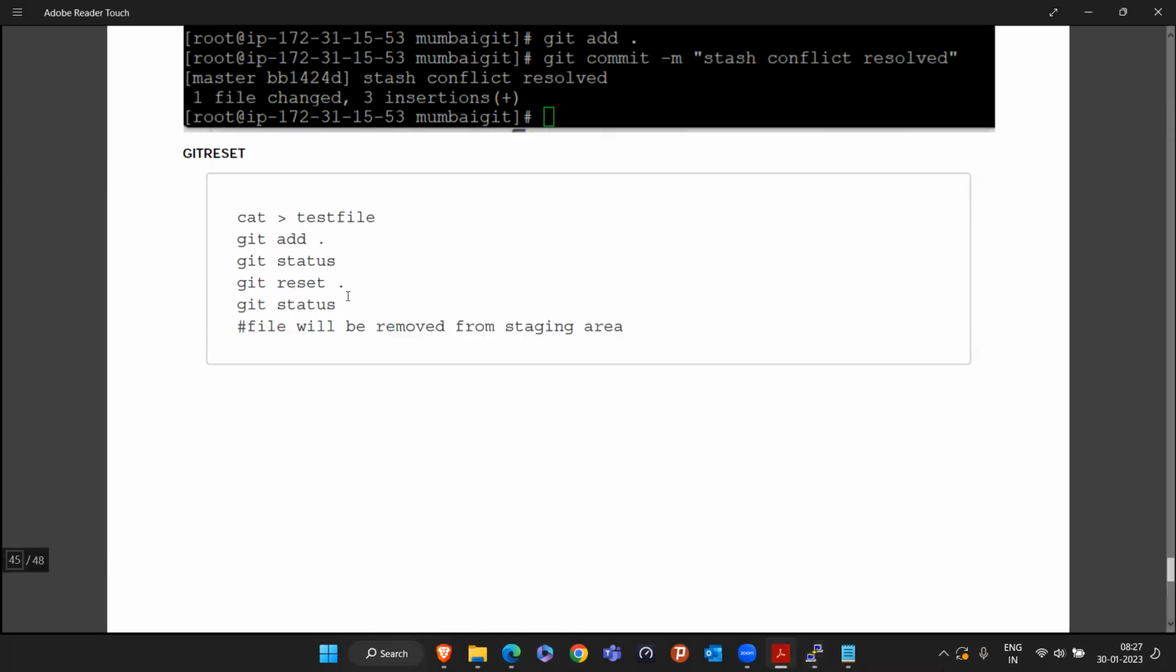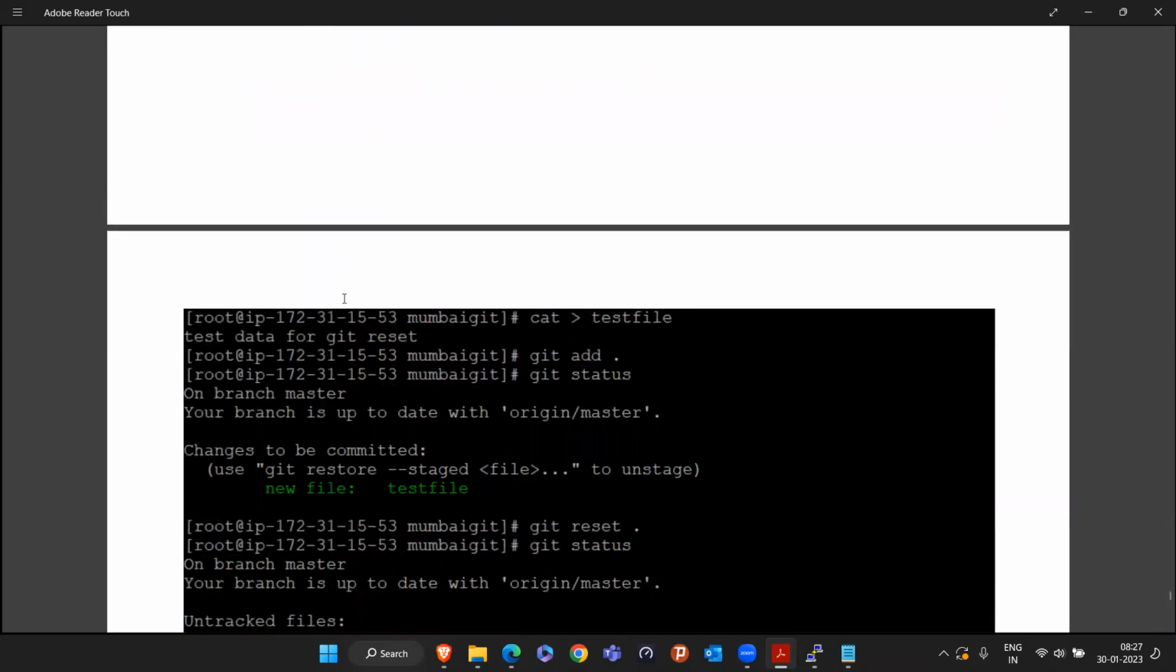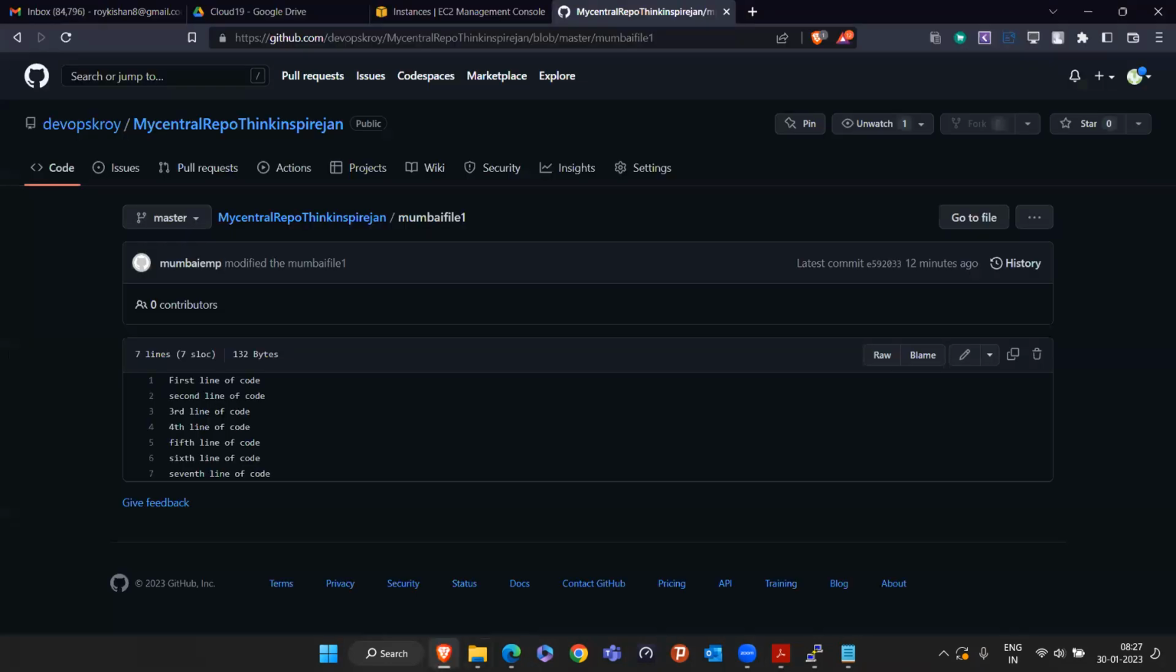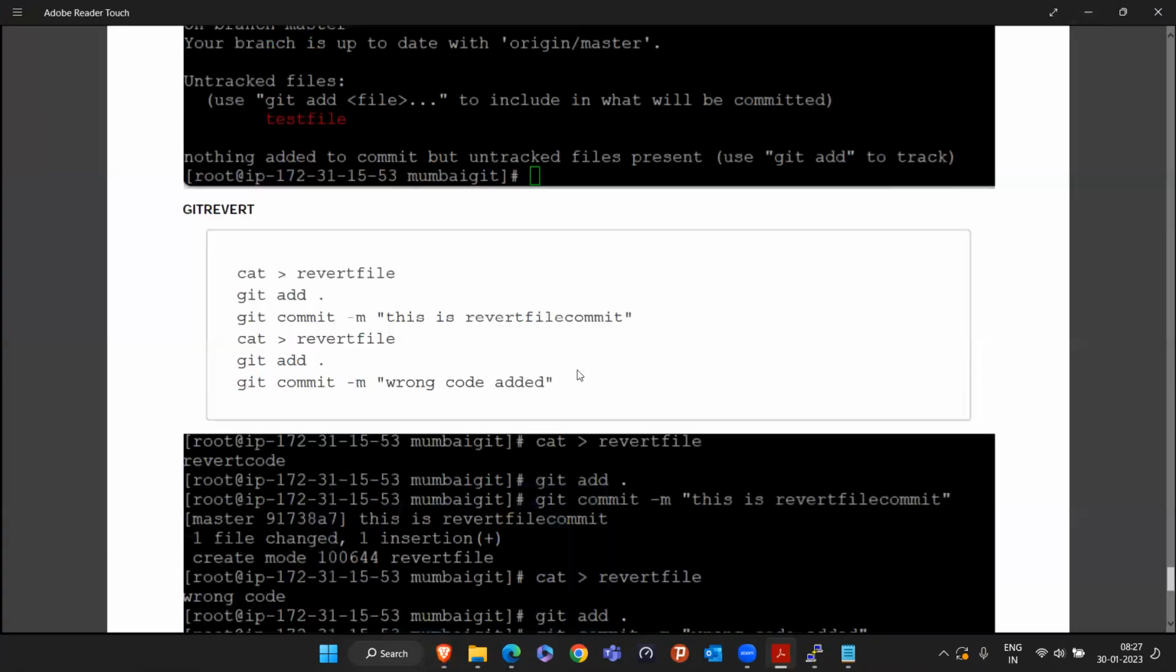The other scenario will be that you already moved your code to the staging area, and from the staging area you moved it to the commit area also. And when you committed the code and pushed the code, then you got to know that whatever code you pushed is wrong. So in that case, how is it going to help you? In that case, there is a command called git revert. Let me show you. To see the revert example, what we are going to do is